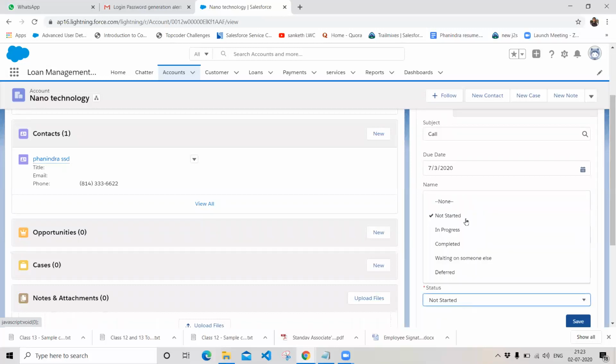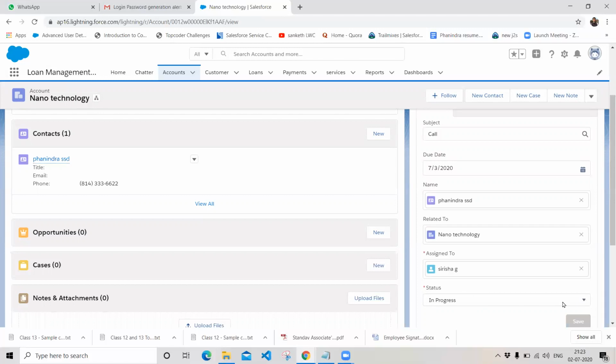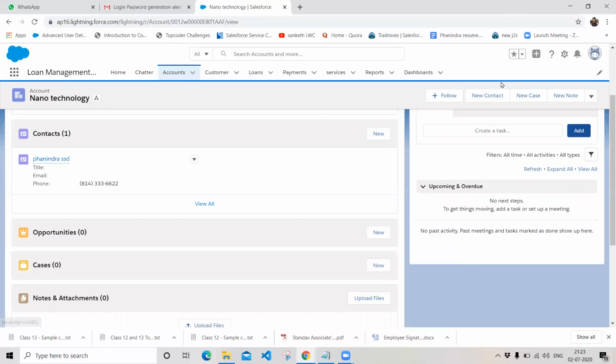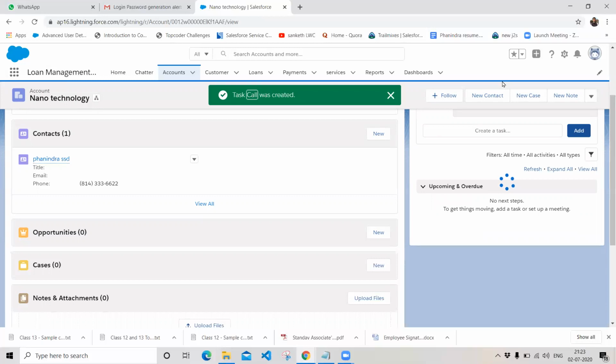You can also specify the status as in progress, or you can give the status as completed or waiting on someone else or deferred. You can also define your own status and click on save. Once you click on save, the task will be automatically created on the organization, and Sirisha will be able to see the task.